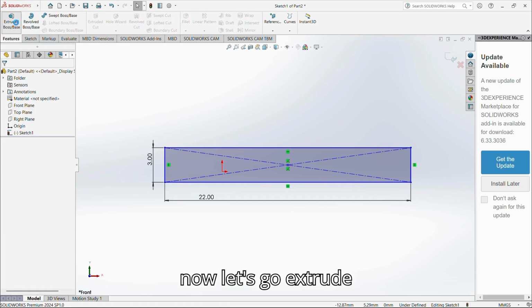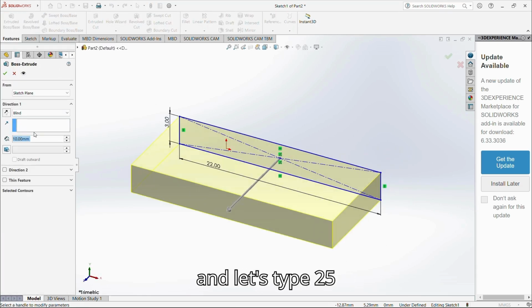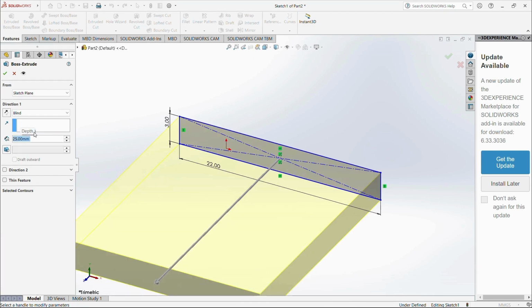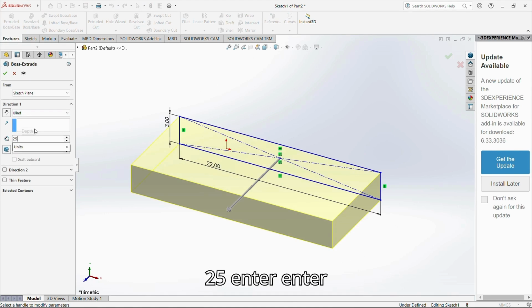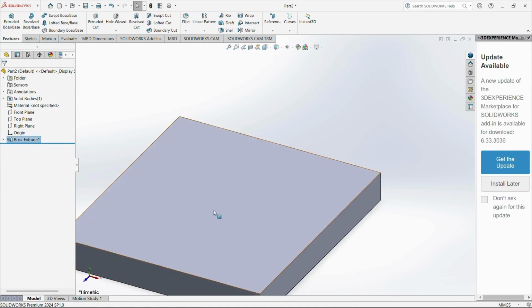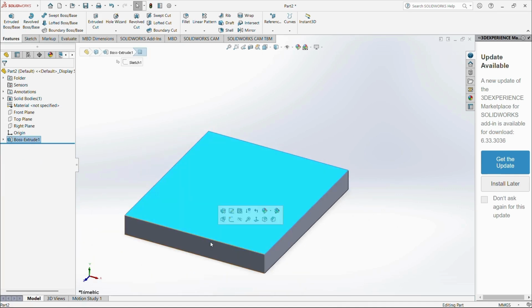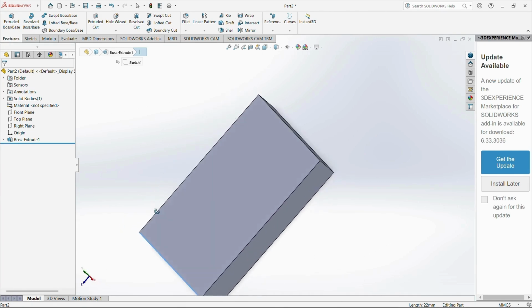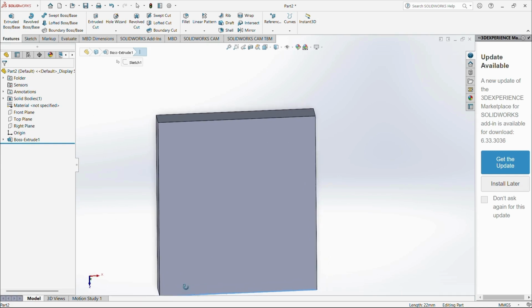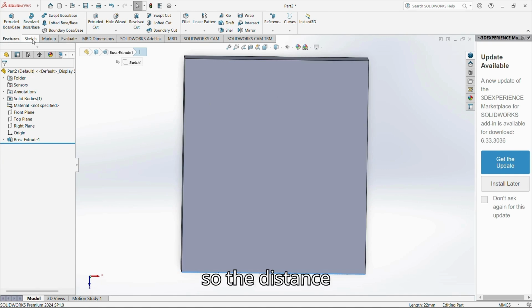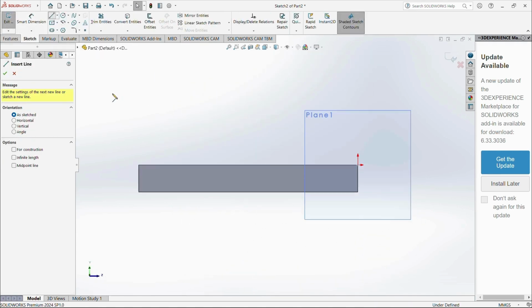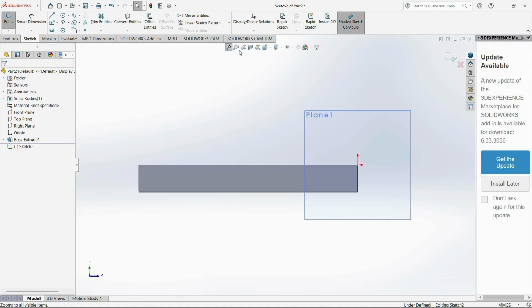Now let's boss extrude and let's type. I think 25 would be enough. Take 25. Enter. Enter. This is your this. So the distance. Sorry. Let's